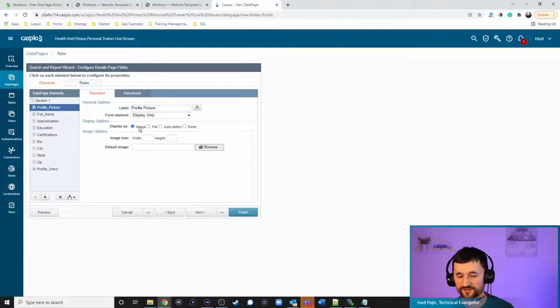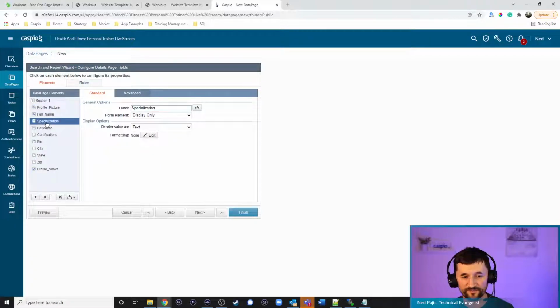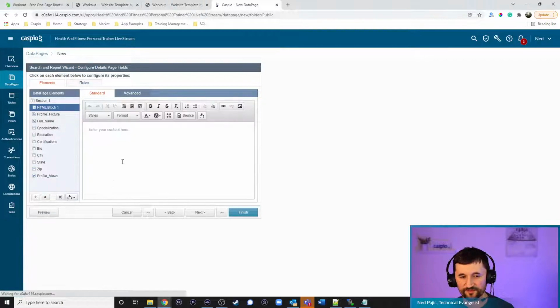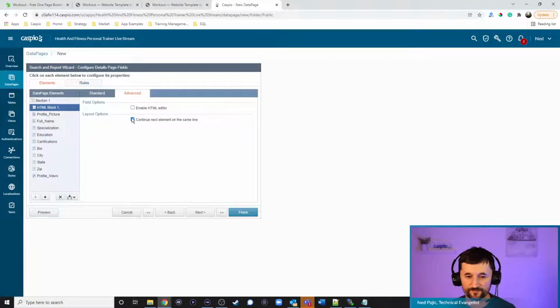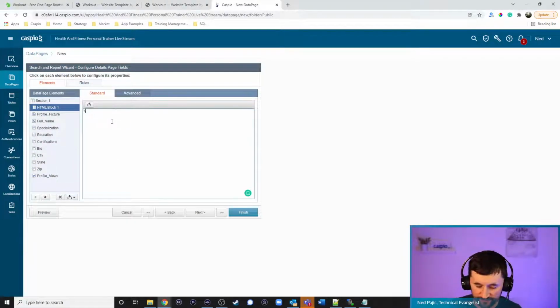Profile picture is going to be displayed as an image. Let's have this be 250. We have full name, and all of the other fields we can leave the way they are. Let's have an HTML block to add a simple heading. Oops. So H2. View profile,